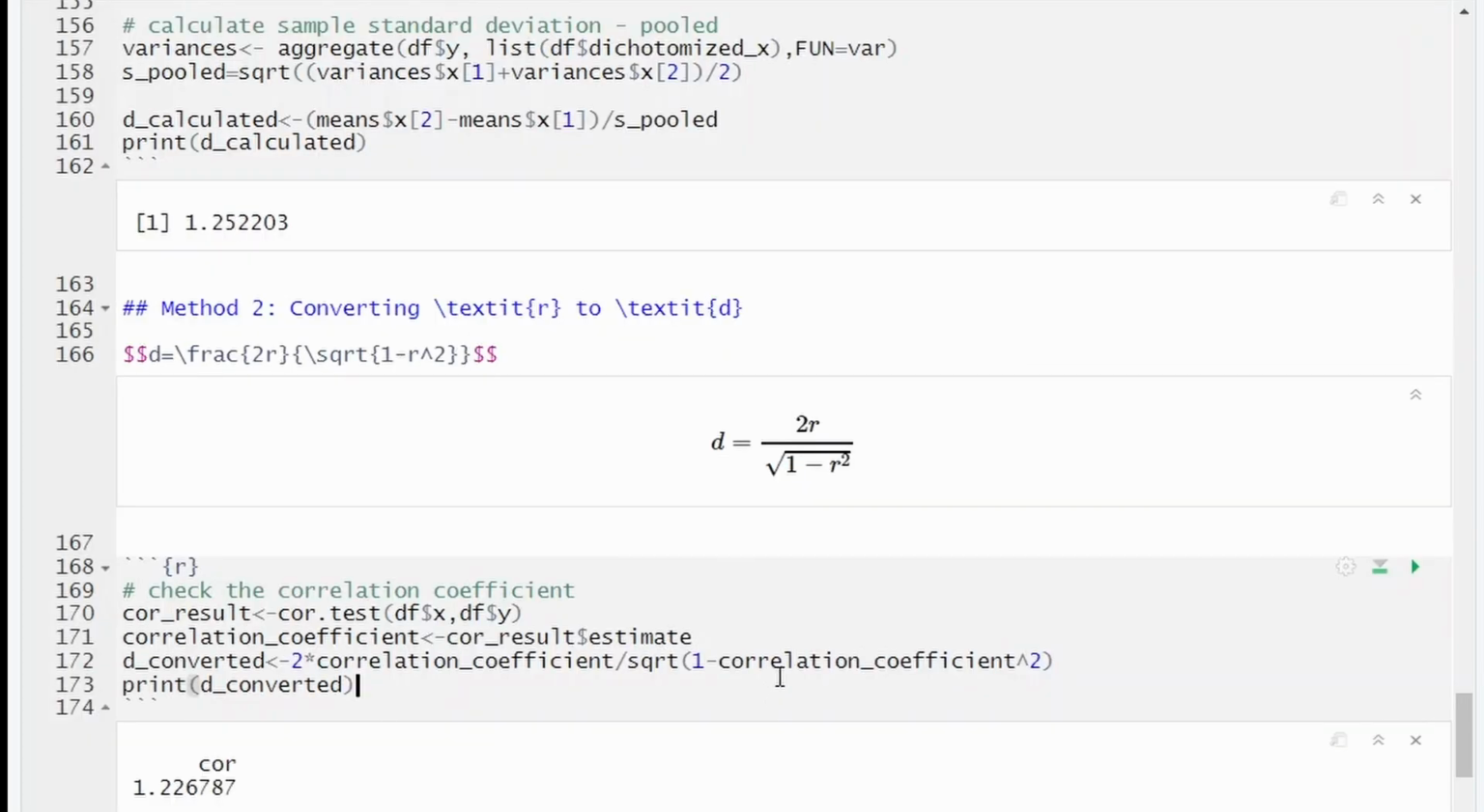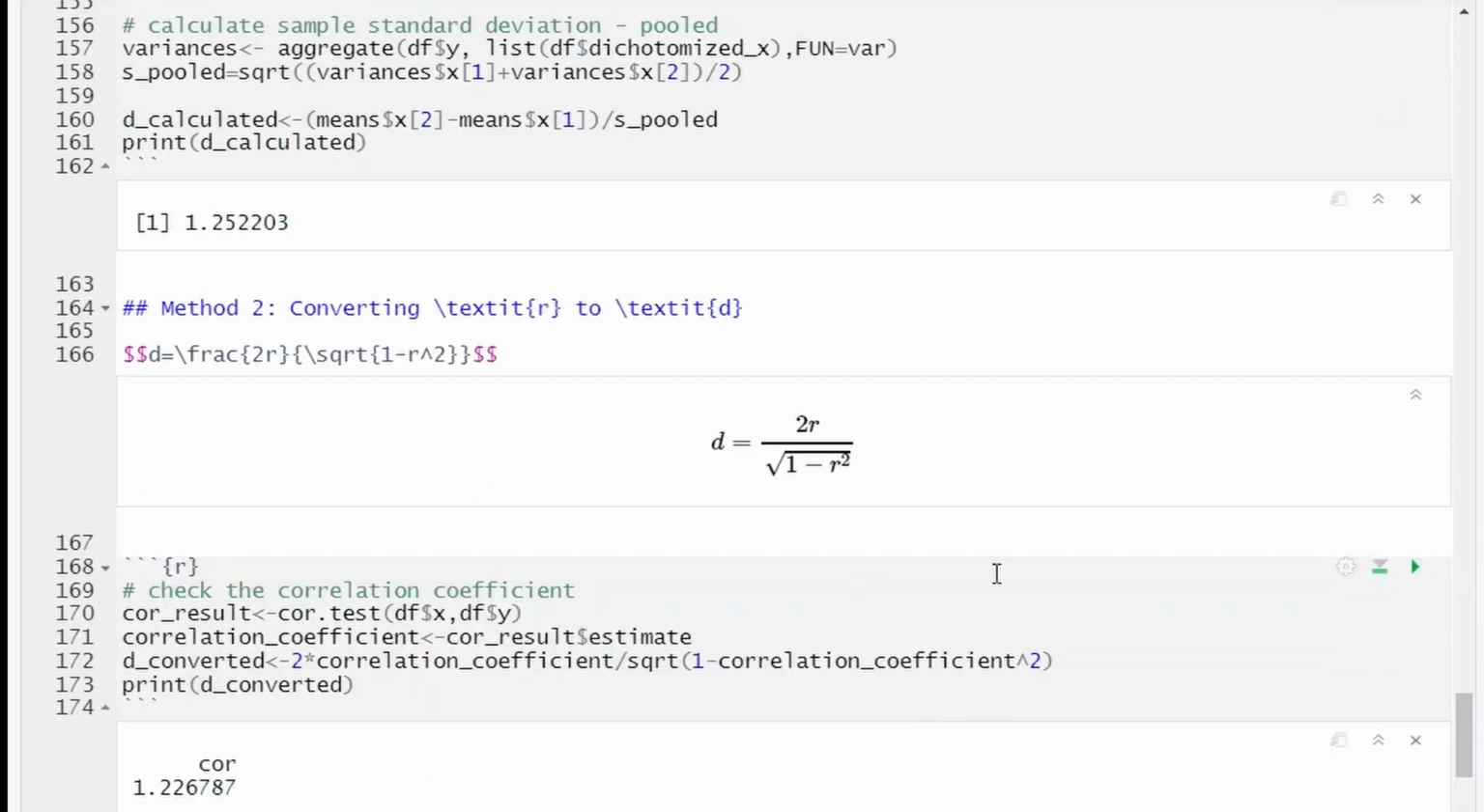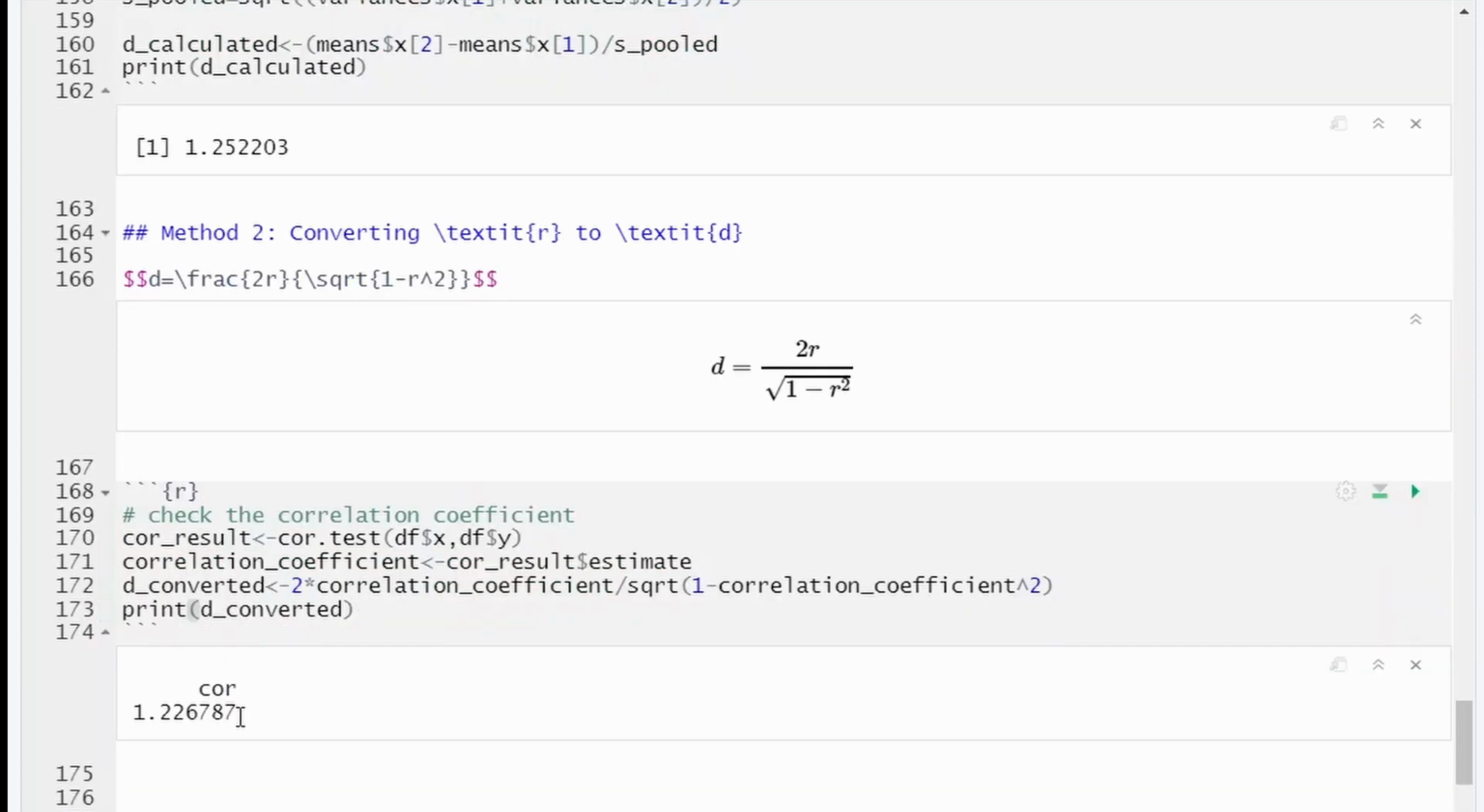So another way to calculate Cohen's d is that since we already know the correlation coefficient r, we can convert it to Cohen's d. And we expect that Cohen's d should be pretty close. So we can write this. Basically, this R code just writes out this formula statement. So we get the correlation coefficient